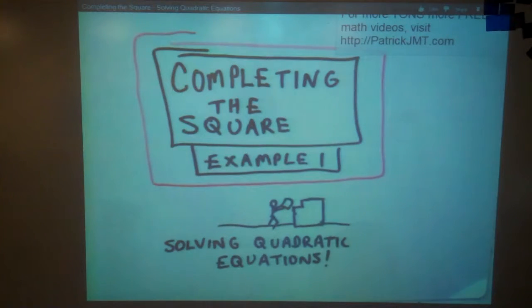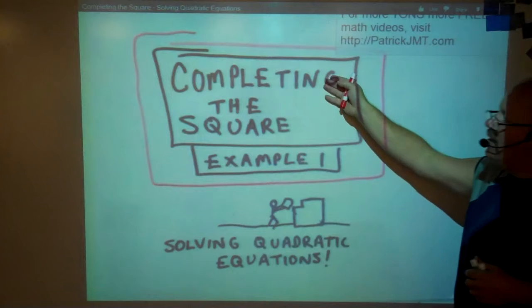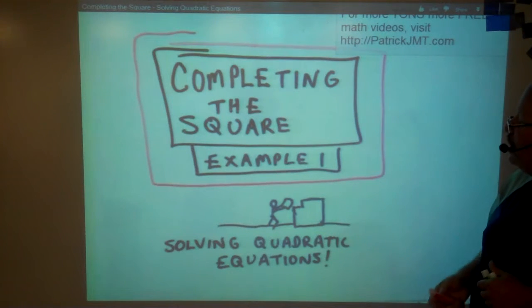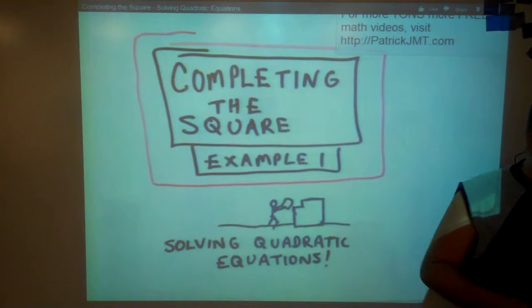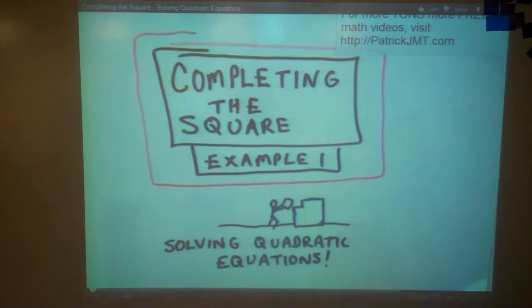Welcome, Pre-Calculus, section 2.1, little supplemental demonstration here. We are going to be looking again at the completing the square process that we've done in class. And we've just simplified it a little bit so that